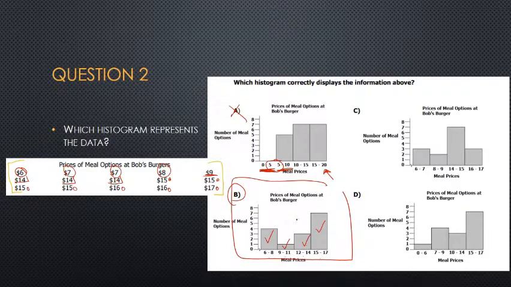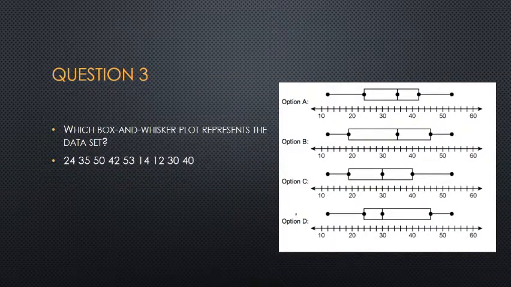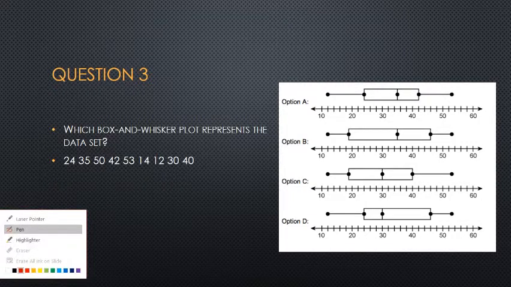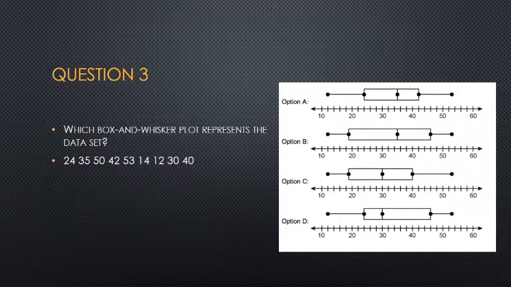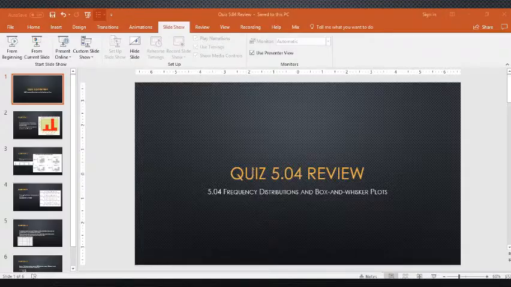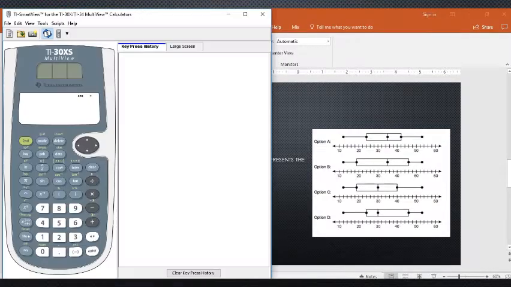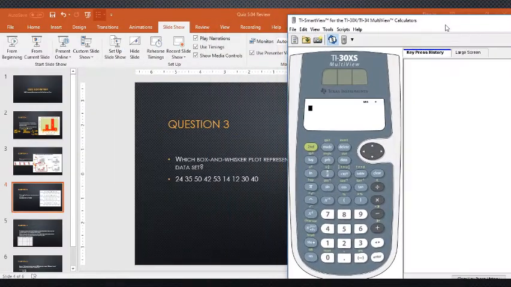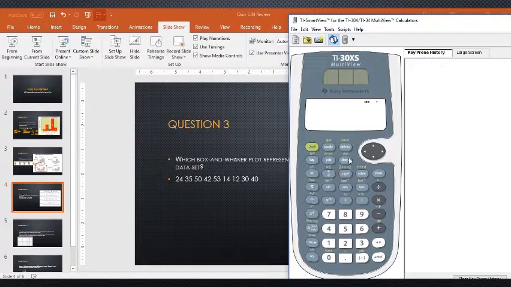Okay, so moving on to question number 3. It says which box and whisker plot is going to represent the data set. All right, so whenever we have a box and whisker and we're trying to match it, I think one of the best ways to do this, I'm going to go ahead and get out of full screen here for a second. And we're going to bring up our calculator, and I'm going to insert our data into our